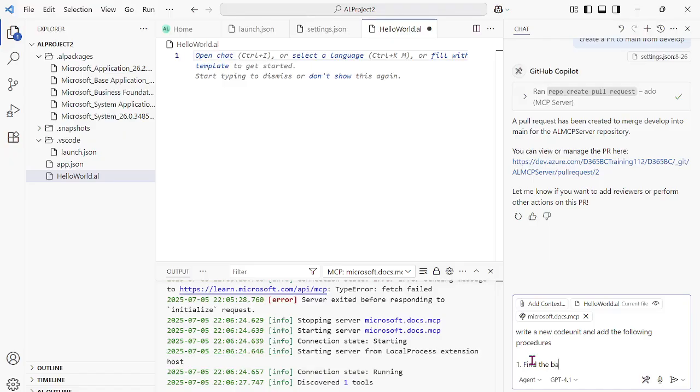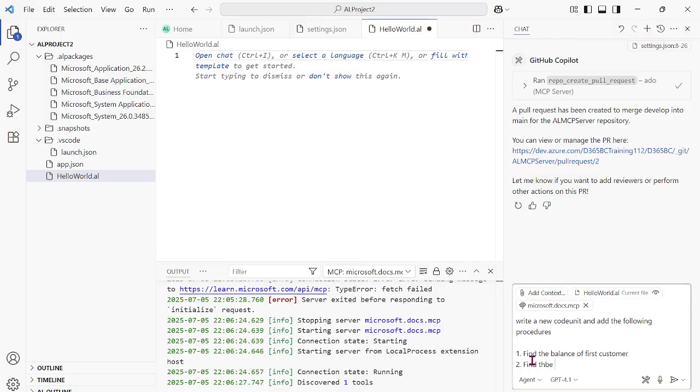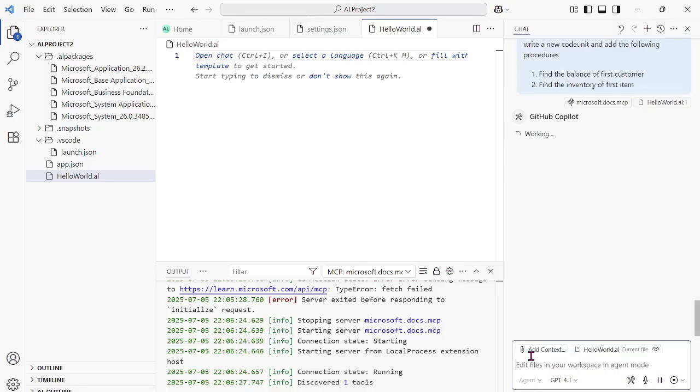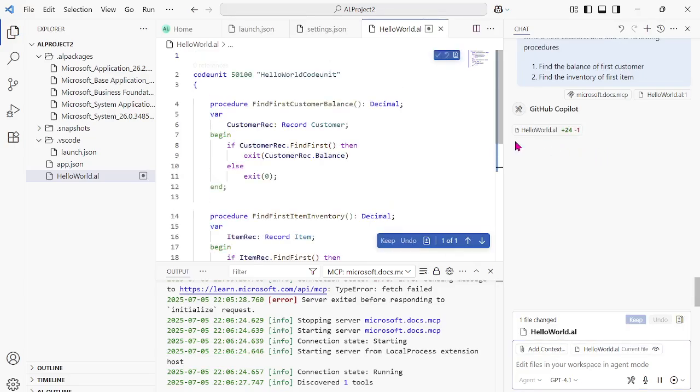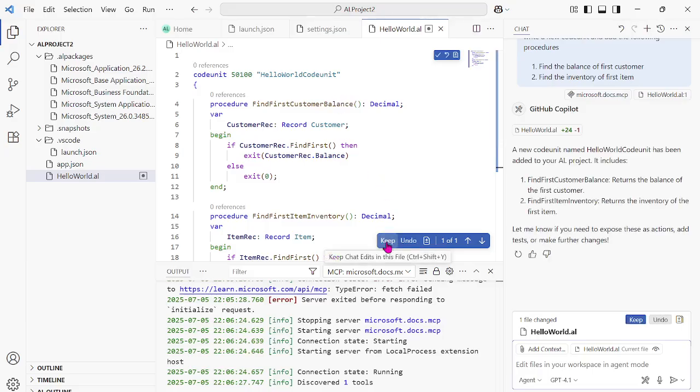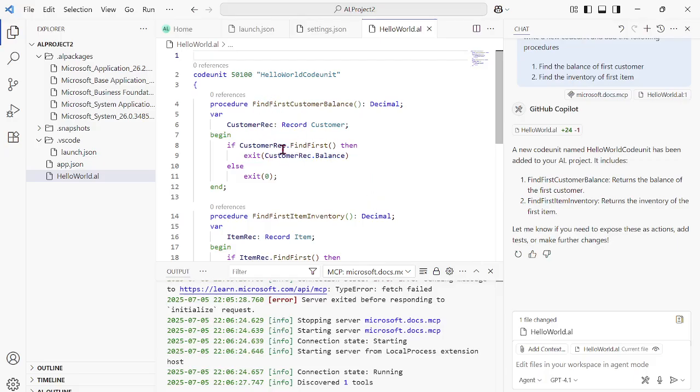Find the balance of first customer, find the inventory of first item. Okay, let's see. Currently it is going with this context, but because I'm getting an error, let's see what code it will write. And now you can see that code is done, but if I click on keep, you can